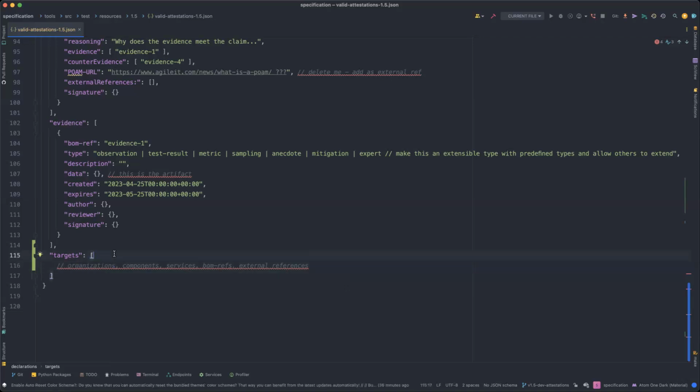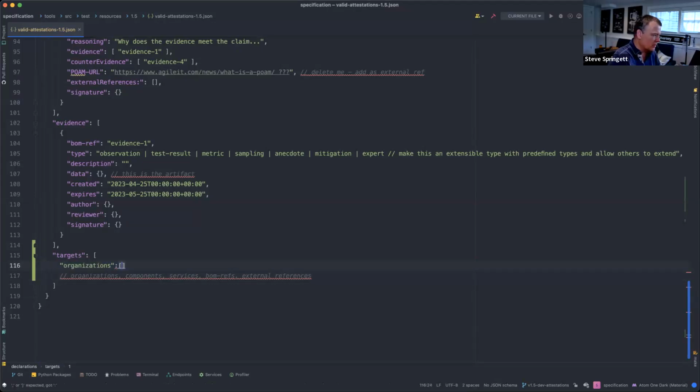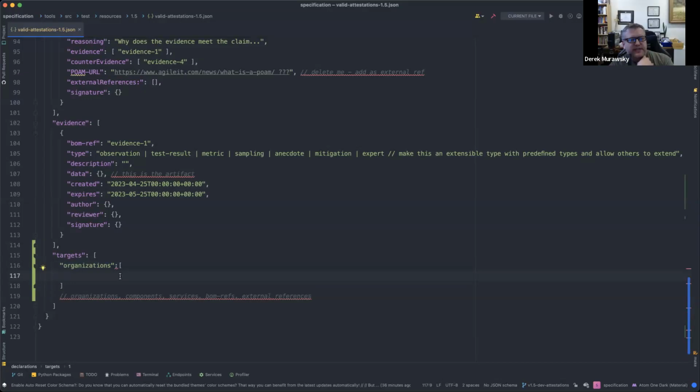But I think what's being argued is that you need to type locally before you follow the pointer to the ref. Derek, are you saying that maybe within targets, we have something like organizations and then list out the organizations? What I'm saying is that we'd have an object.